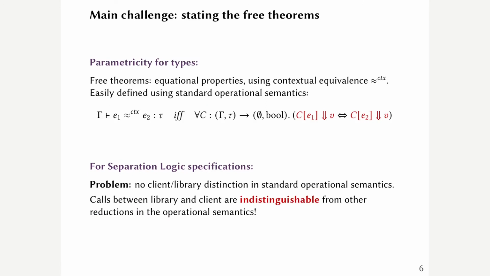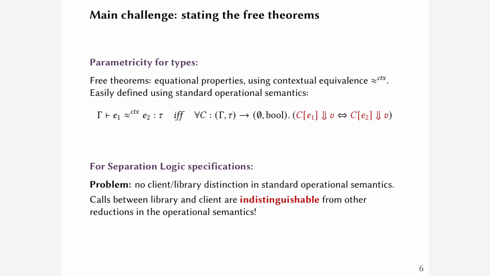So what was the challenge? Well, the main challenge was in fact in finding how to even state formally the free theorems that we want to obtain. In the case of parametricity results for types, free theorems are formulated as equational properties relying on contextual equivalence, which is itself easy to define on top of